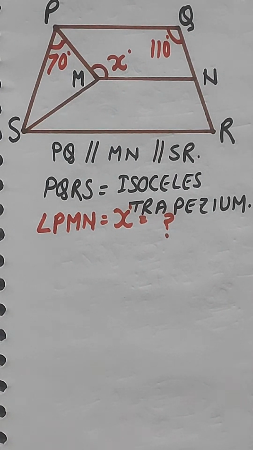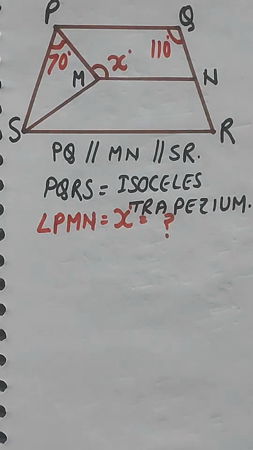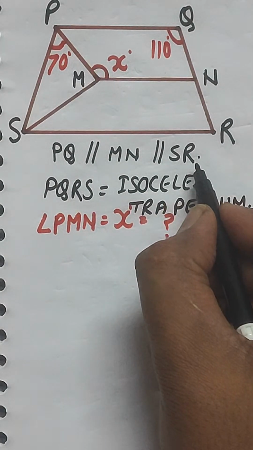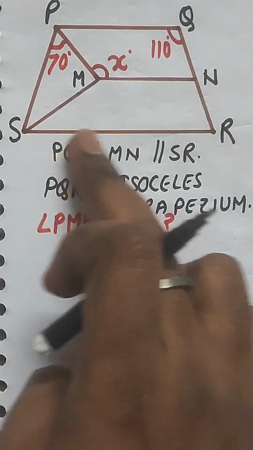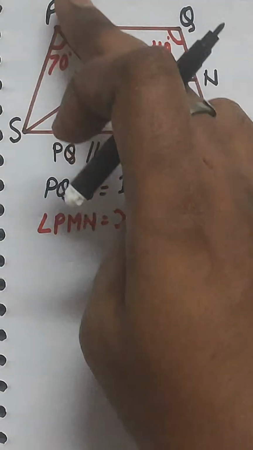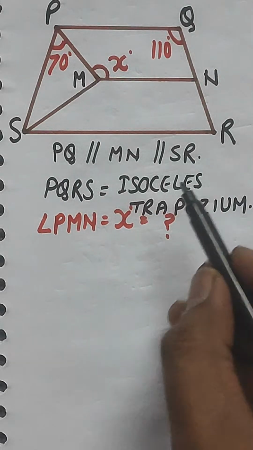Now here students, you can see PQ is parallel to MN and MN is parallel to RS or SR. This is given to you, right? So you can see these are the parallel lines, and QR and PQ will be acting as a transversal, isn't it? In this case, we can see that